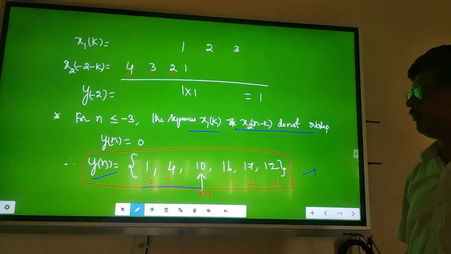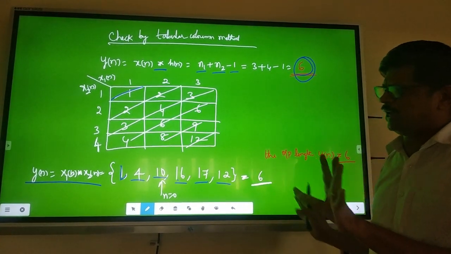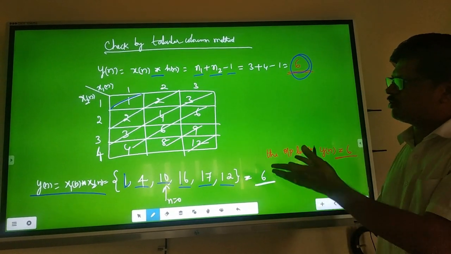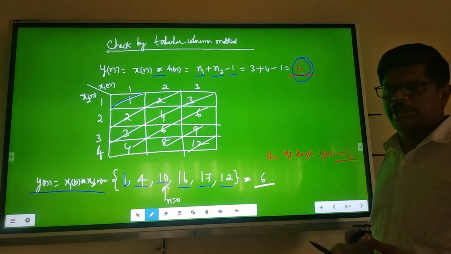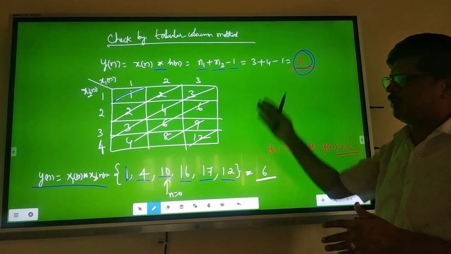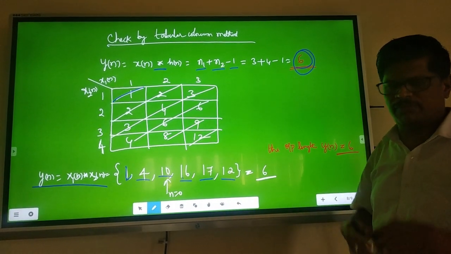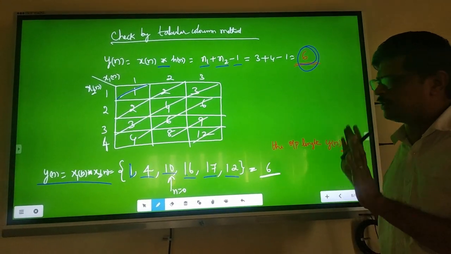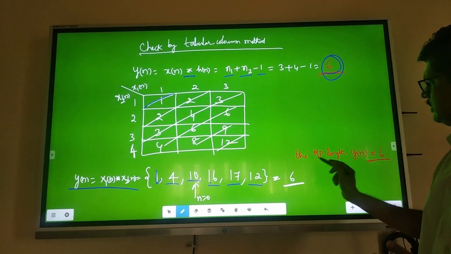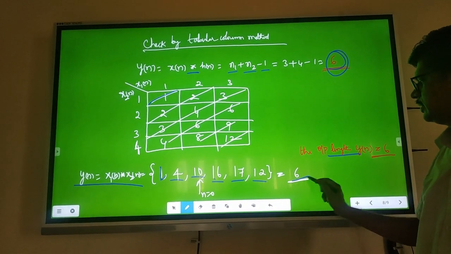Whatever we have processed in half an hour, or maybe 2 pages you have written, right, that is calculated in one diagram. That is how much time you are saving, your process speed increases. Convolution sum gives flexibility to do any project, any R&D. This is how we should know all the calculations of convolution sum in many methods. Then you can see signal processing in a better, efficient, effective way in your real-time projects. And see the length of the sequence is also the same: 1, 2, 3, 4, 5, 6.